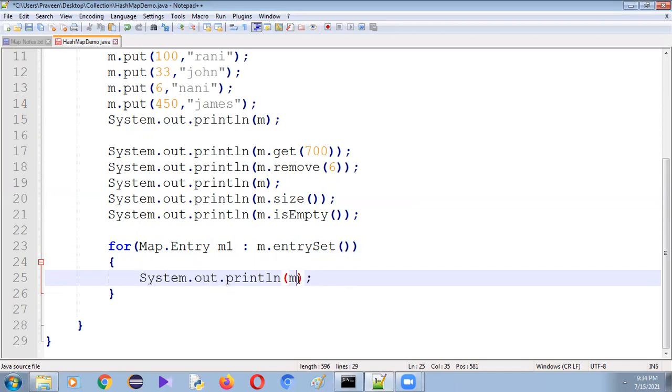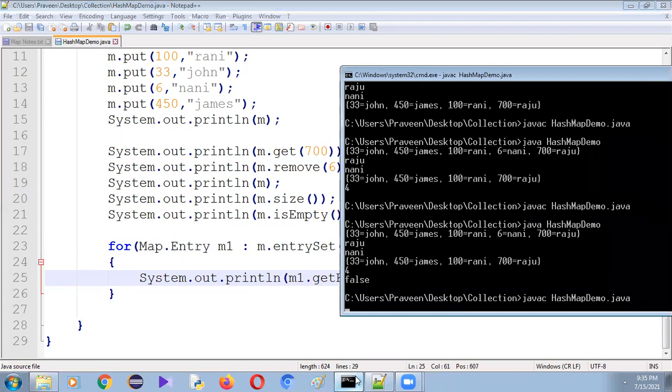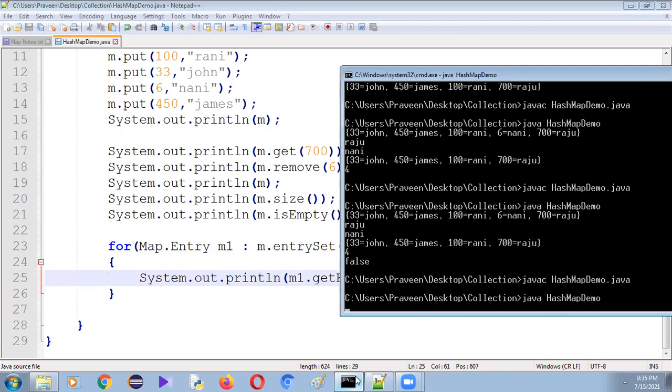System.out.println of m1 dot getKey, followed by m1 dot getValue. Compile and run it.